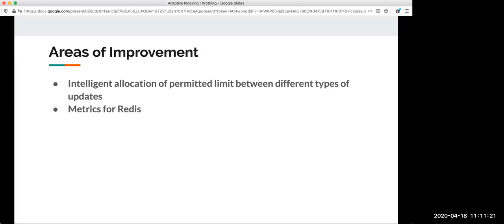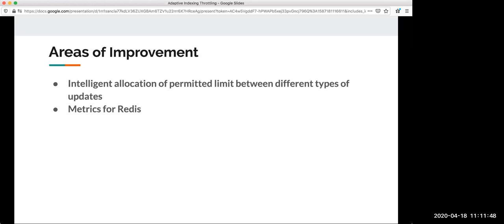Suppose a service A talks to Redis, probably we should get the metrics from that service on what is the response time that service is seeing. What is the time that service thinks Redis is taking? So probably we should gather metrics not from the data stores, but from the services which are dependent on those data stores. Because this is essentially what we're trying to solve.